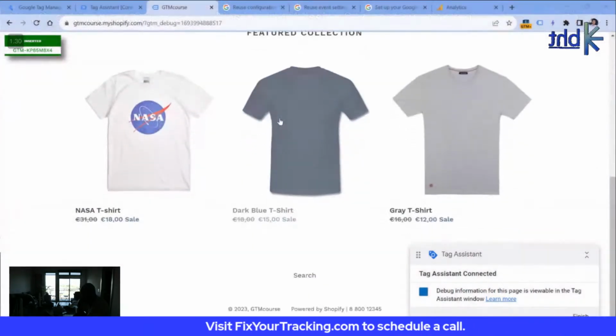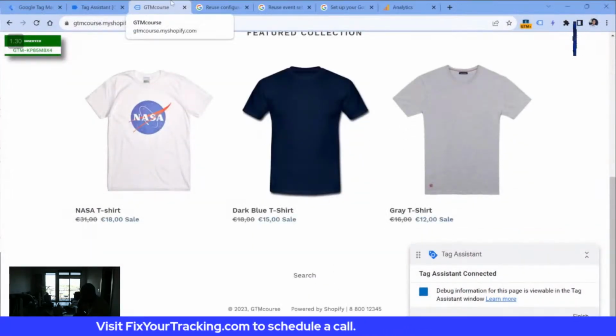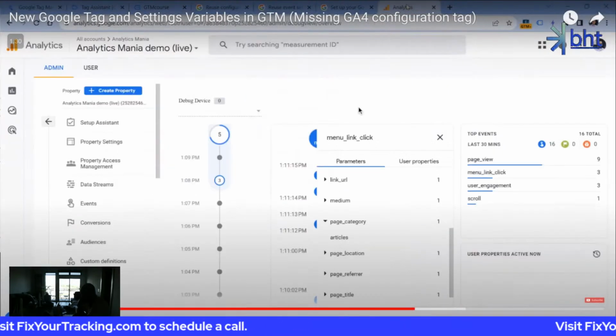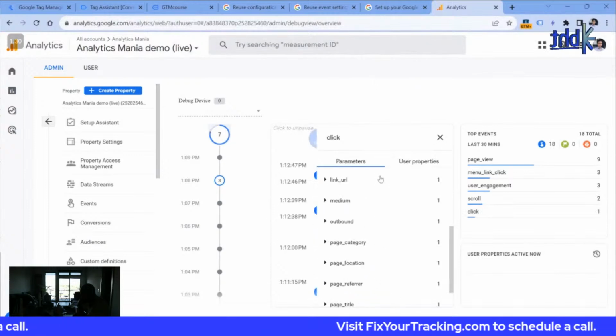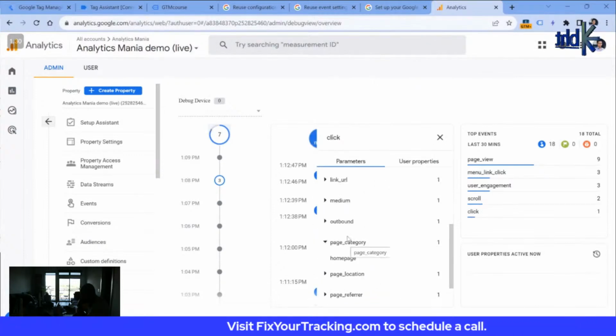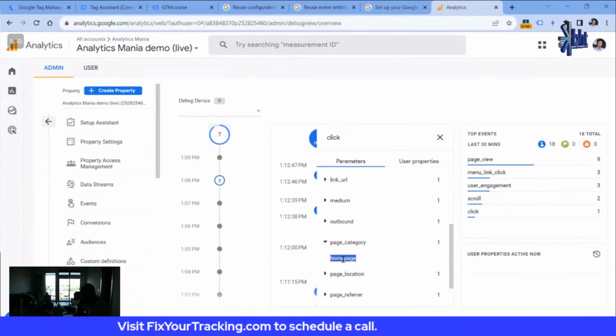So I will scroll down to the footer and I will click an outbound link. This should send a click event to Google Analytics 4. Let's check that in the debug view, and here it is. If I click it and I go to page category, unfortunately, it still fetches the previous value because this page